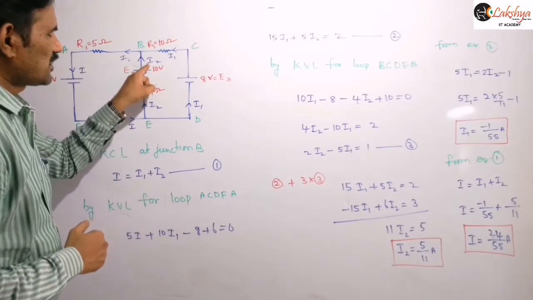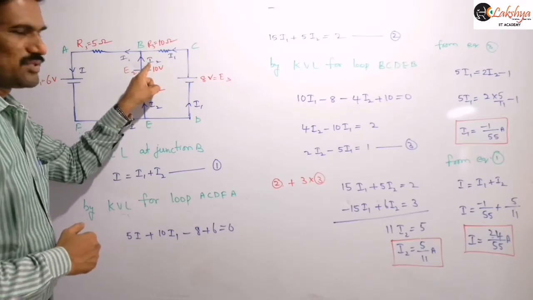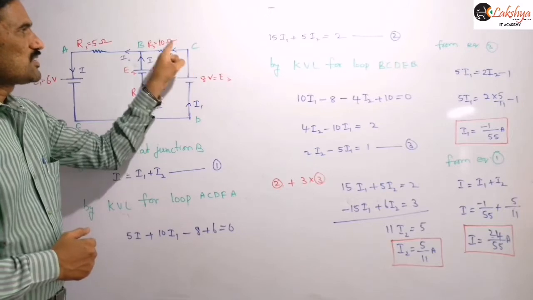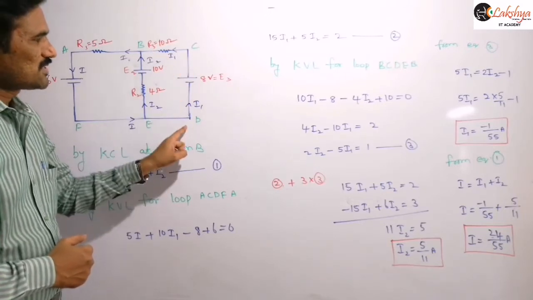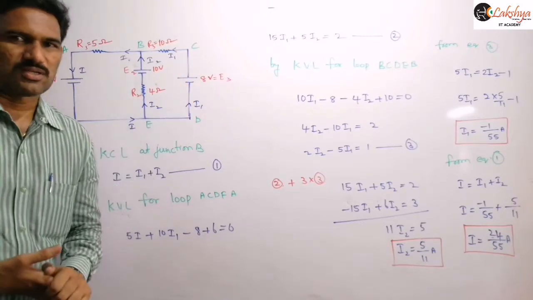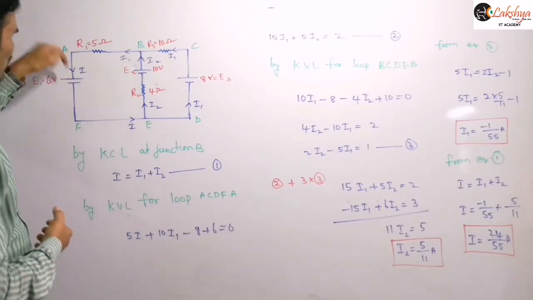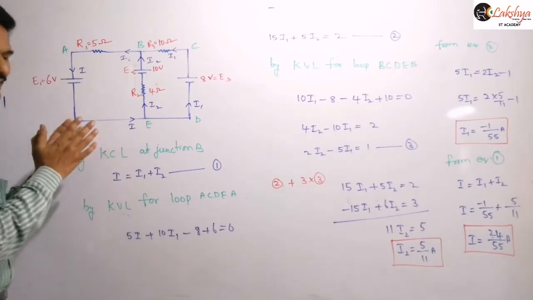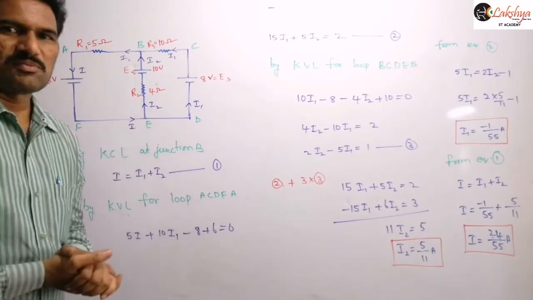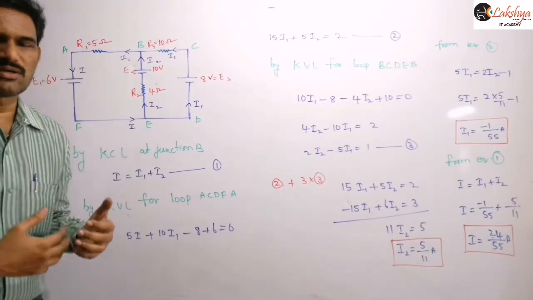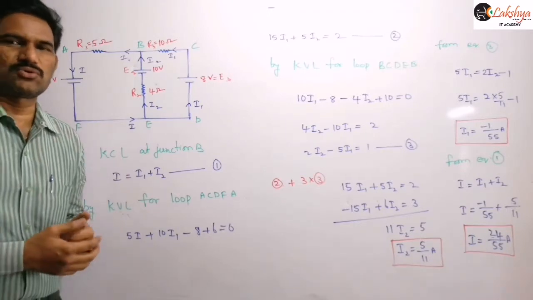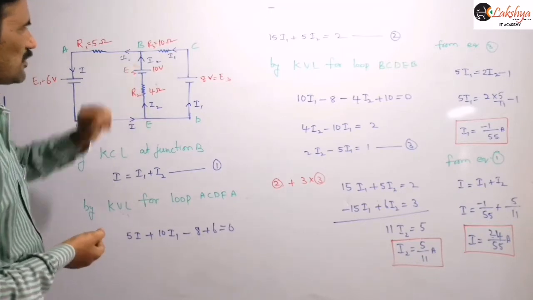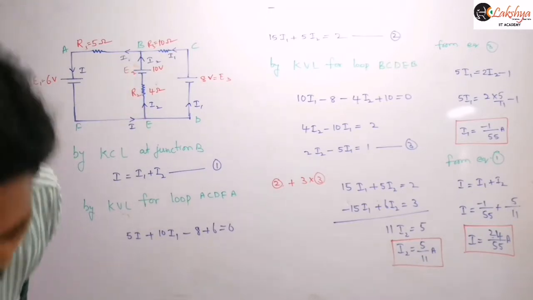Here I am taking I2 coming out of this cell, so the same I2 should enter into here, right? And here I1 is coming out of this 8 volt cell, so the same I1 should enter into the negative terminal. You can observe that we are assuming these I1, I2, I directions. Some of the directions may be wrong. We don't know that. After calculations, finally we will get clarity about the direction of the currents, right?